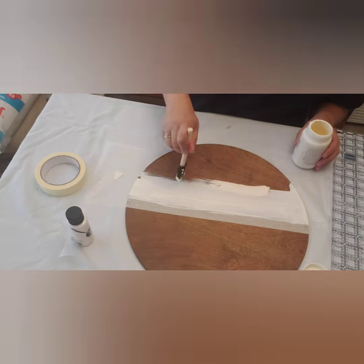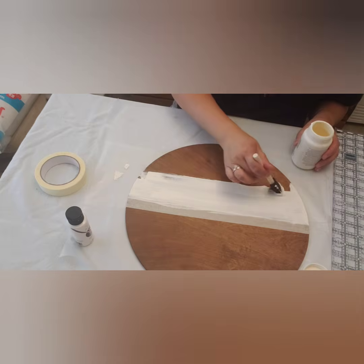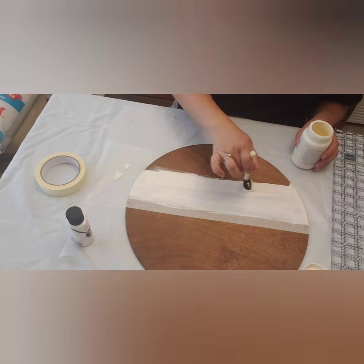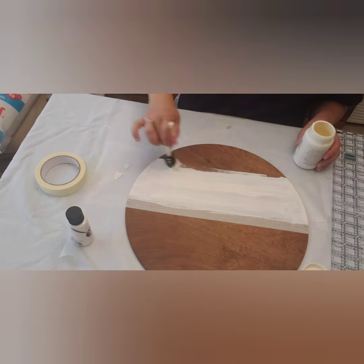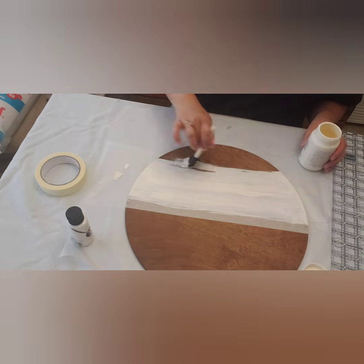Yeah, as I was saying, I do believe that the chalk paint will give you more coverage. With acrylic, man, I think I was doing maybe 3 to 4 coats, maybe more. So after I paint this, or after it dries, I'm going to actually use vinyl